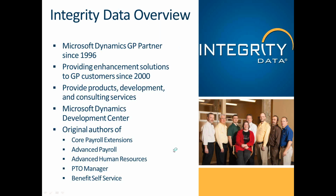But we've been providing enhancement solutions as products to Dynamics GP customers since late in the year 2000. It was something that I started when I got here. We provide not only those products, but we also provide development services and consulting services as well. Those consulting services typically are around payroll and human resources. We've done full payroll implementations. We do small implementation projects just around our products, and just various scopes of projects related to the consulting and implementation